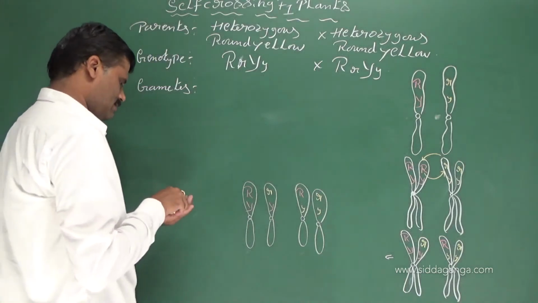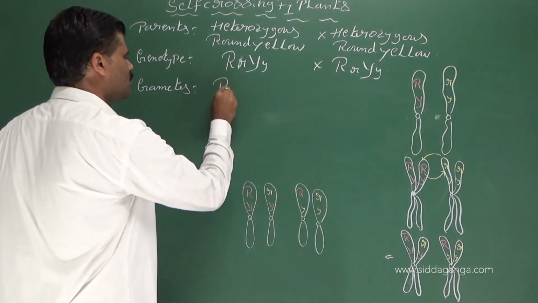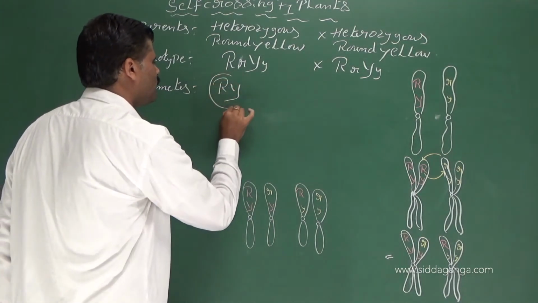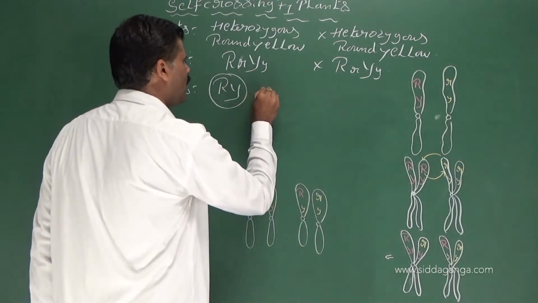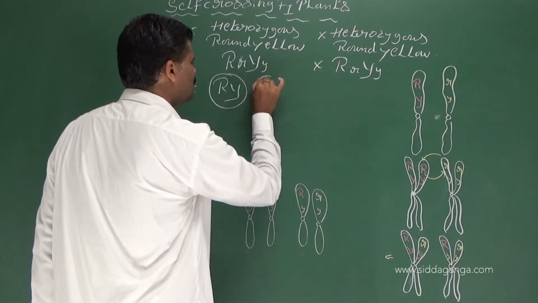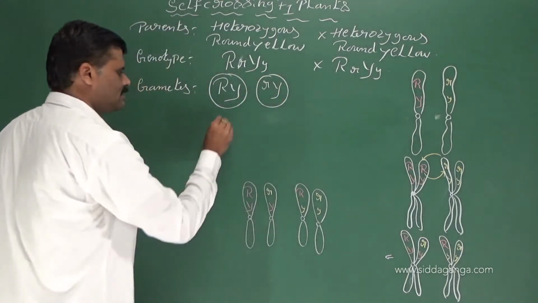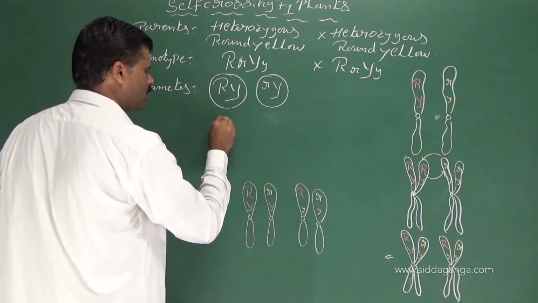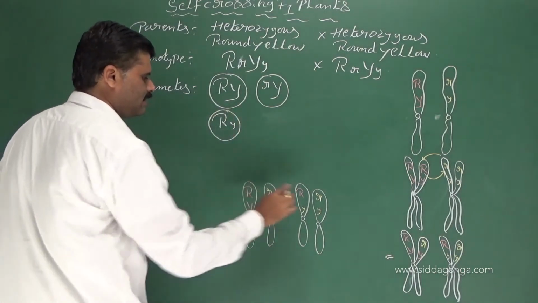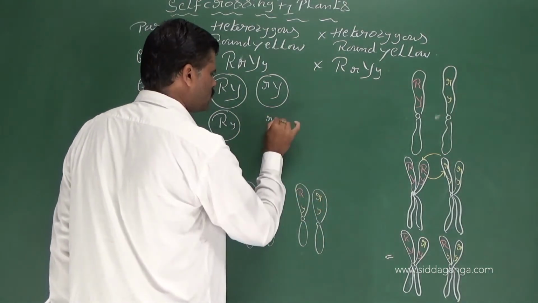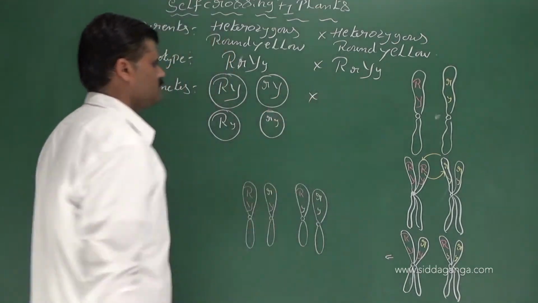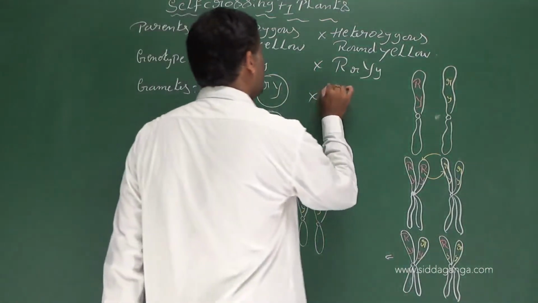I will write here capital R, then capital Y, right? This is one type of gamete. Then small r, capital Y. This is another type of gamete. Next, capital R, small y. It's one type of gamete. Next, small r, small y is one type of gamete. Here also the same, right? Capital R,